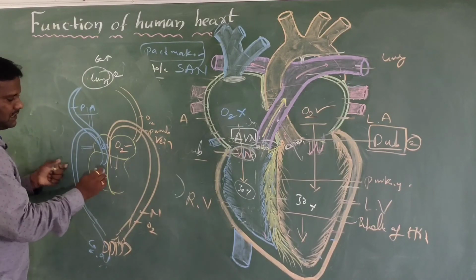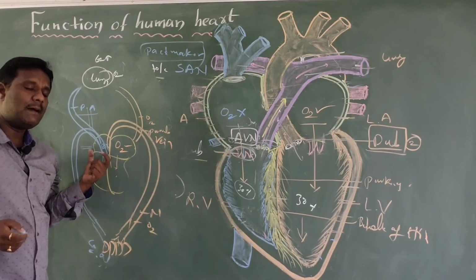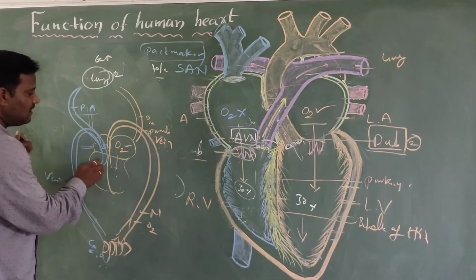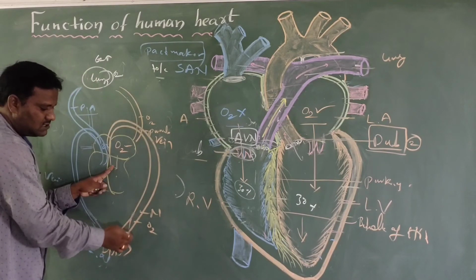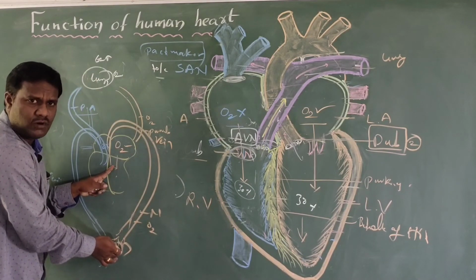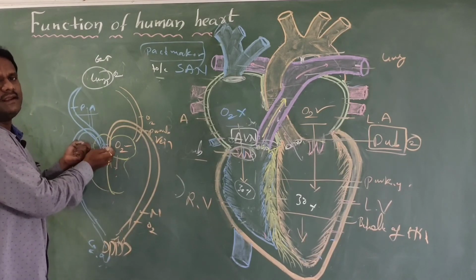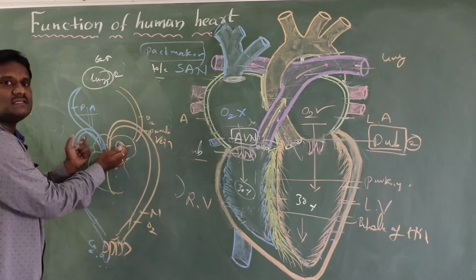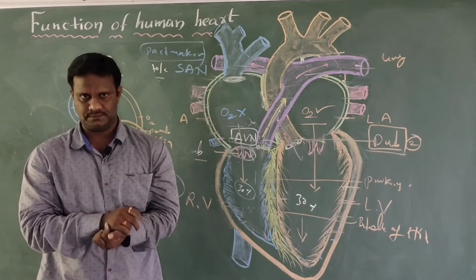Remember, this is the meaning of whenever the heartbeat occurs, the lub-dub is formed. The waste blood reaches the lungs and the fresh blood reaches each and every cell in the human body. At the same time, fresh blood and waste blood circulate separately, and that is called the double circulation method.